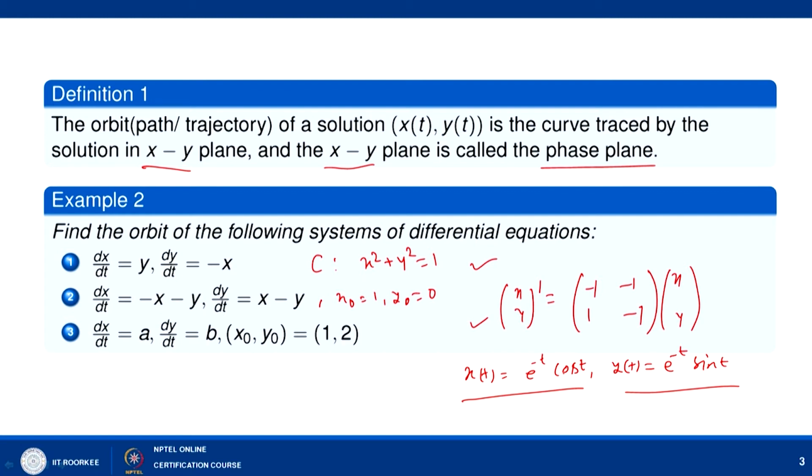The solutions are given as x(t) = e^(-t) cos t, y(t) = e^(-t) sin t. Now, it will again give you a helix kind of a figure in the 3-dimensional picture. The only thing is that as t tends to infinity, your solution is merging towards 0, something like this figure. Here it started from 1 and then the radius keeps on decreasing.